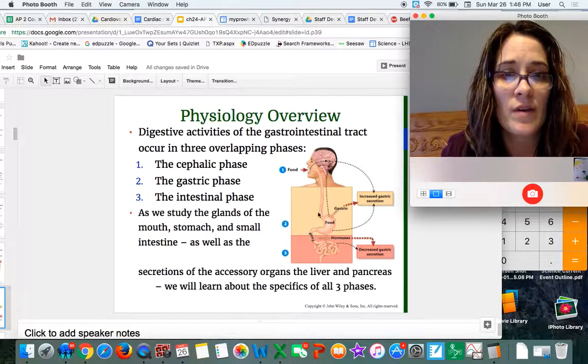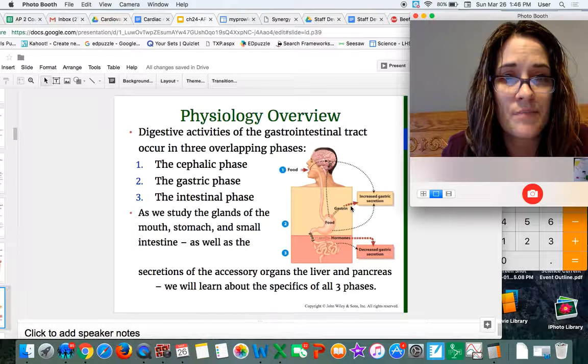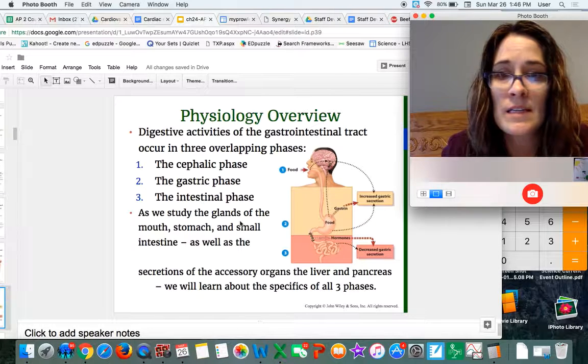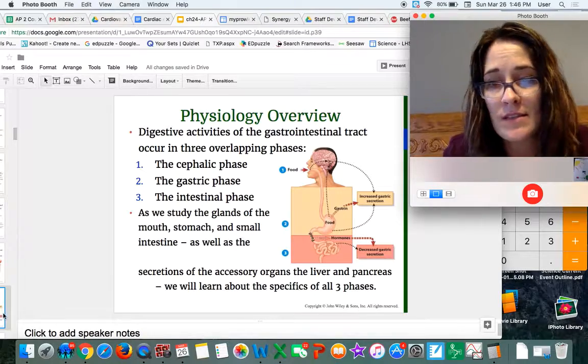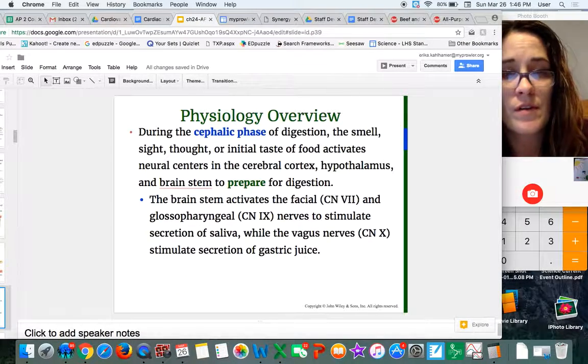The gastric phase, what happens in the stomach, the release of a hormone, gastrin, helps secrete gastric juice. And then the intestinal phase down here, that hormone gastrin is decreased. We have absorption of nutrients. All these things together are the phases of digestion. So cephalic,